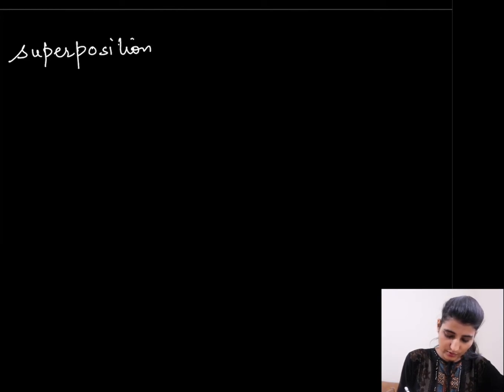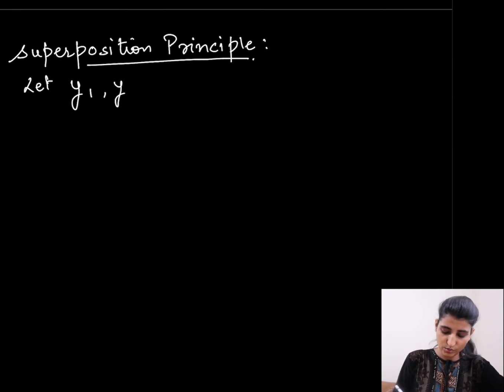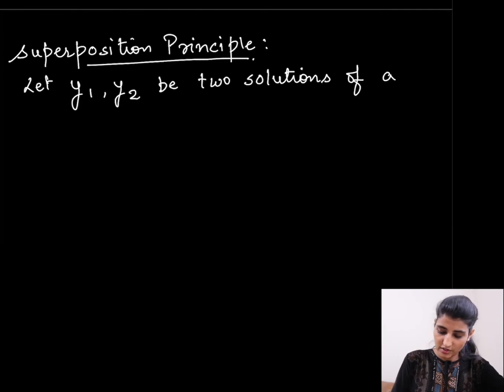So what we are going to discuss now is also known as the superposition principle for homogeneous equations. And we say if we have two solutions for homogeneous equations, or any number of solutions in general, but we are starting with 2. So if y1 and y2 are two solutions of a homogeneous equation,